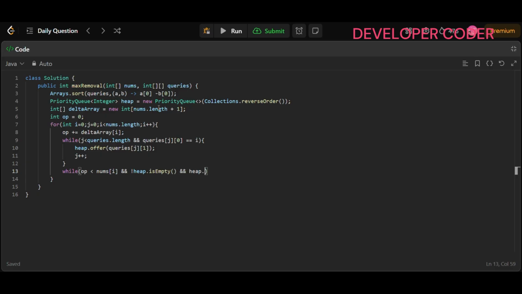So heap dot peek element should be greater than or equal to that particular index. Only then will that particular index be affected. Otherwise it will not take any effect. So here in that case we have to increment the operations by 1, and then we have to operate the